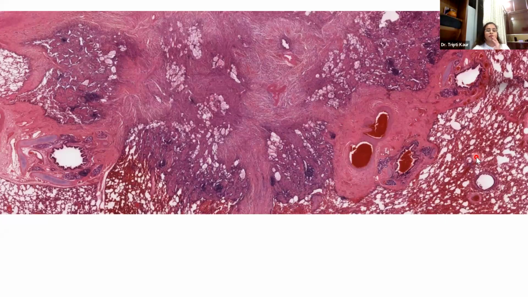Okay. So this is a case of some lesion in the lung. A lobectomy has been done. Very ill-defined lesion in a middle-aged female. You can see that it looks, essentially from the low power only, to be like a spindle cell kind of lesion. There are some storiform kind of areas here, and these spindle cells are going into the septa and entrapping the alveolar spaces here.